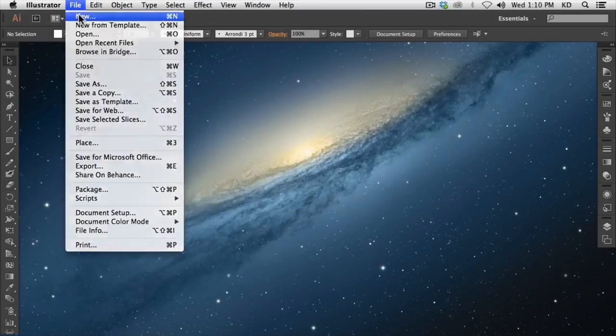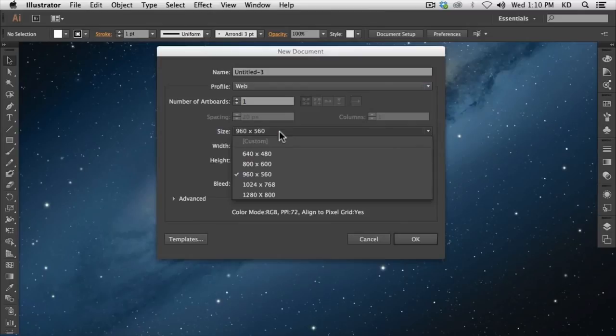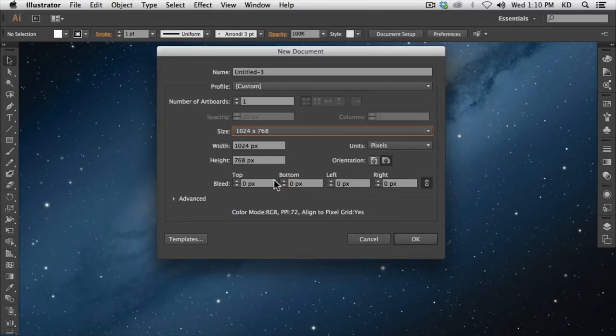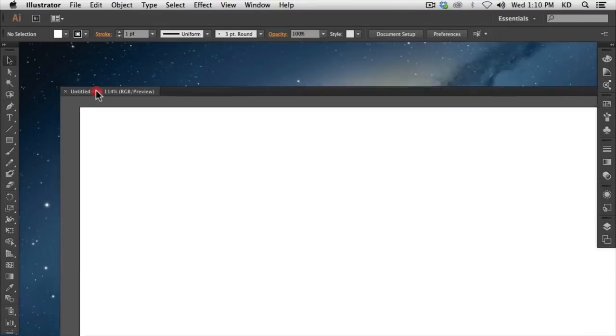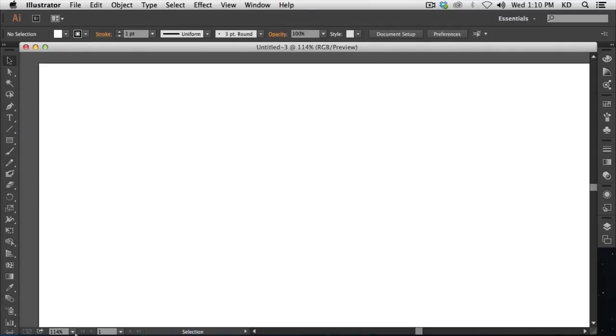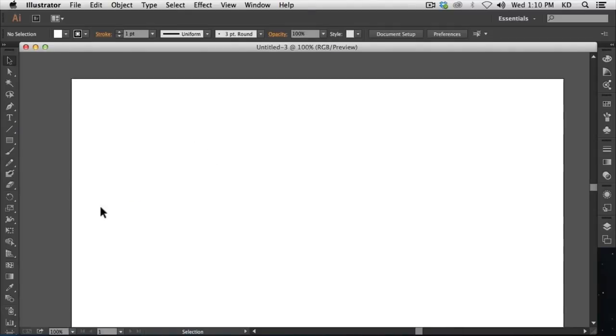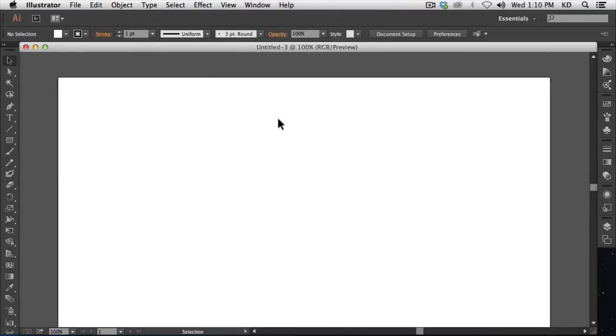And here I'm going to create a new document, and we will go to Web and make it 1024 by 768. So it's an RGB document, which you see here, and we're good with that. All right, so I'm going to hit OK, and I'm going to bring it over here, just maximize it, and I'm going to bring the view to 100%, or you can do that here by saying Actual Size, right? All right, so